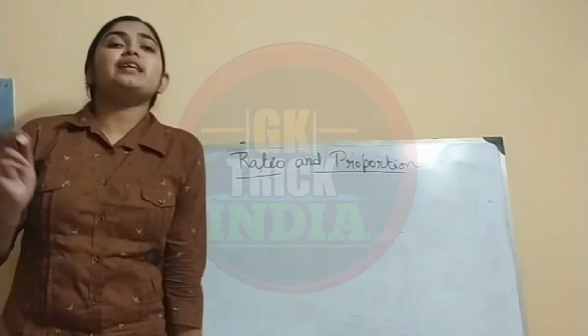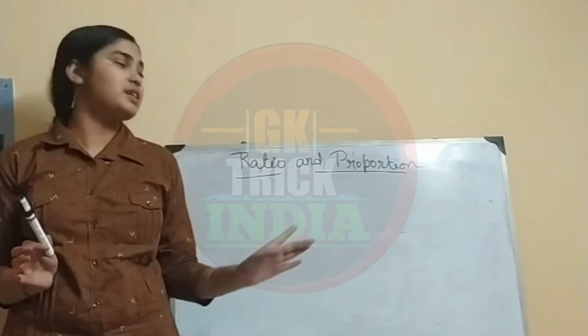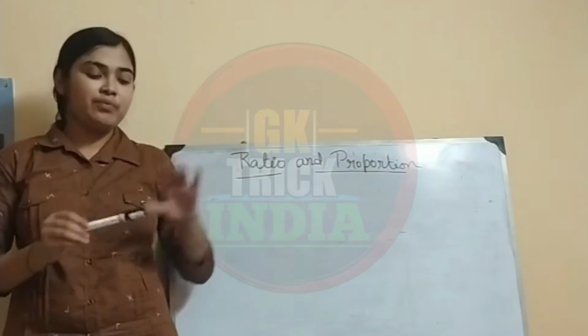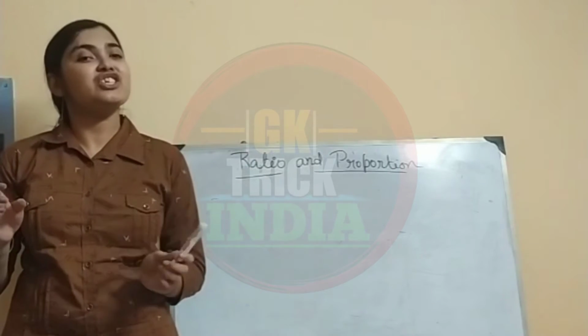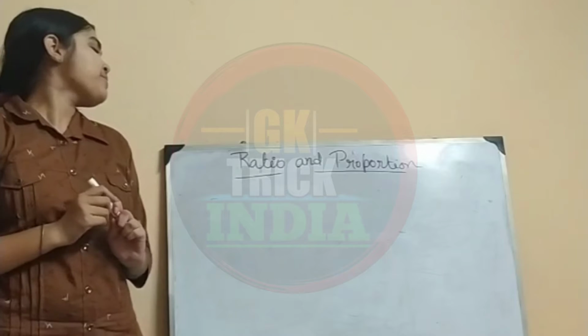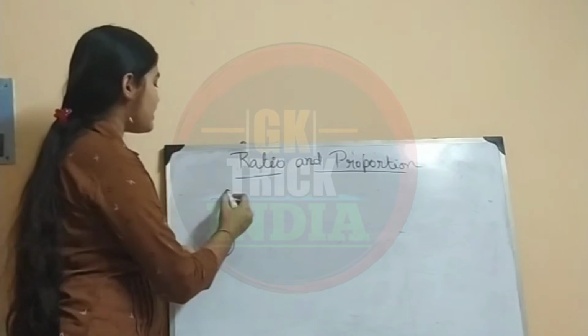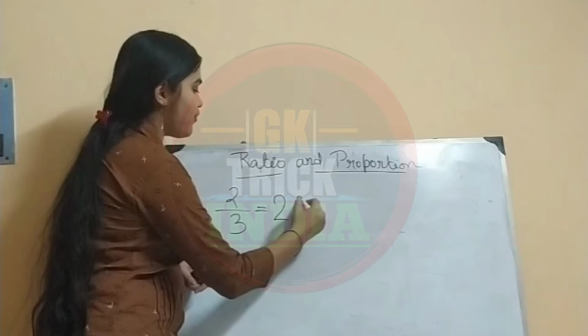Okay, to learn about ratio and proportion, the first thing we have to know is the meaning of the words ratio and proportion. Ratio is nothing but another form of fraction having the same units. What that means is, if we take any two numbers in a fraction, they can easily be written in ratio form.